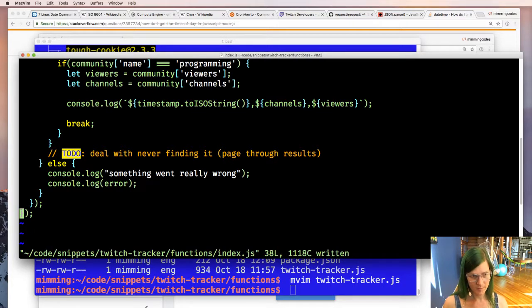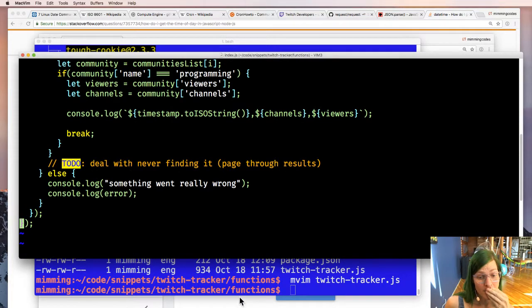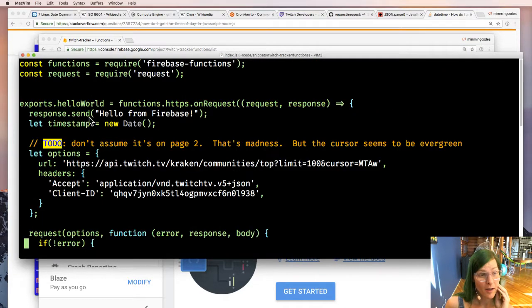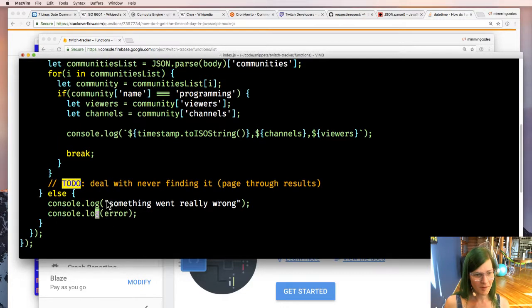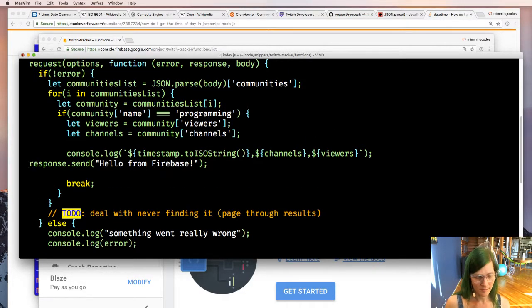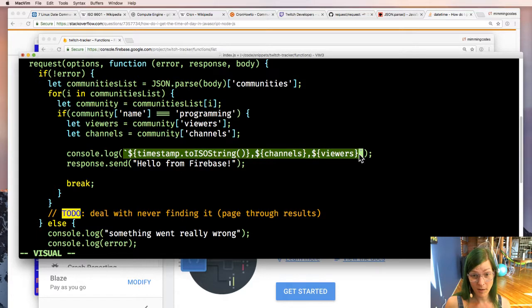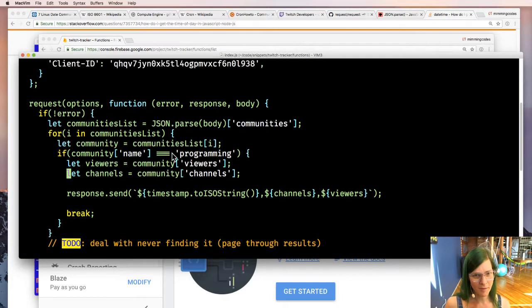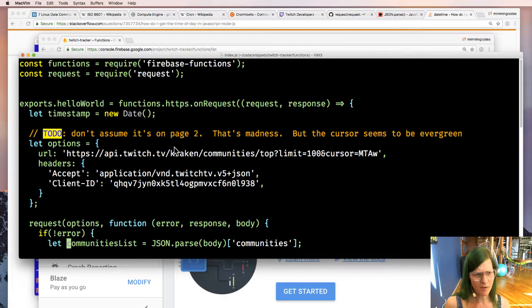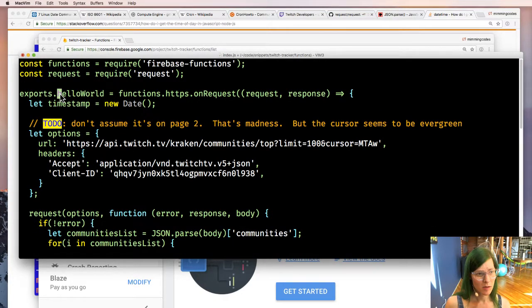So let's just write this out. Something went really wrong. Okay. So apparently, because I'm using tabs or spaces, I don't even know what it's using, I'll just let it auto shift. And we're going to grab this, and we're just going to write this out as a response. So what I'm going to do is I'm going to trigger this from the browser, and then I just want to see the response get written out here. So I think this should just work.